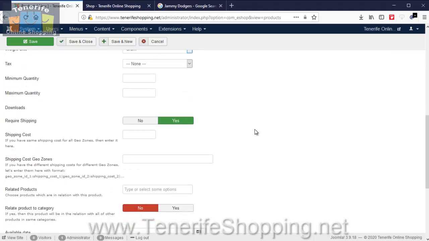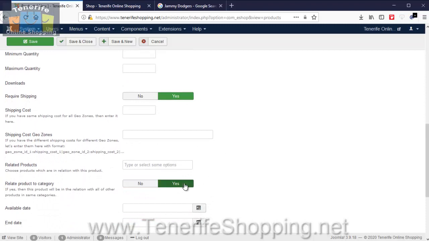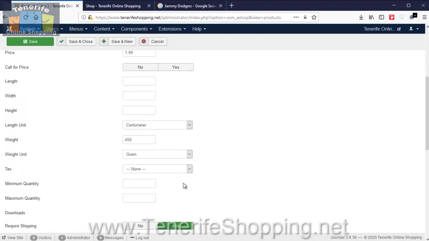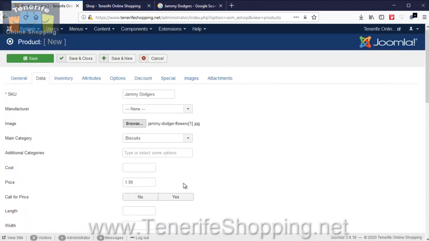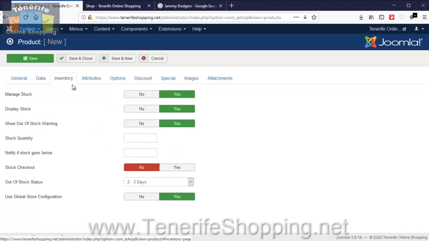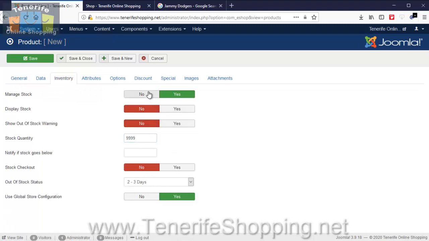And I usually tick this option here to relate the product to the category, because when somebody's looking at that product, there's an option for them to look at other products in the category. And the only other thing is inventory. So I'm going to put nearly 10,000 products in, so it will never run out of stock, because I've told the cart not to remove items from the stock when they check out. So if I click